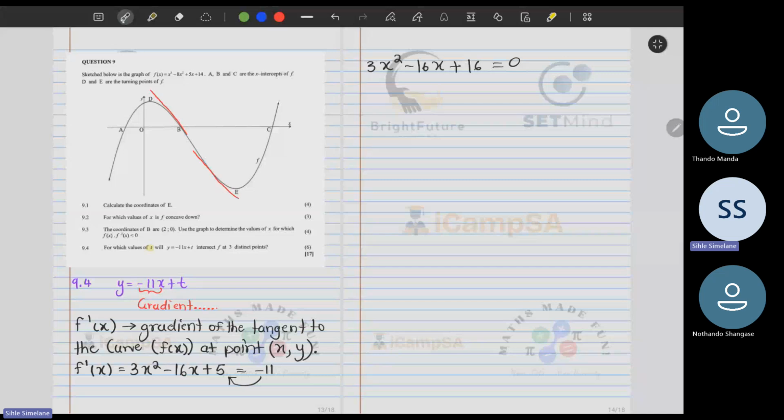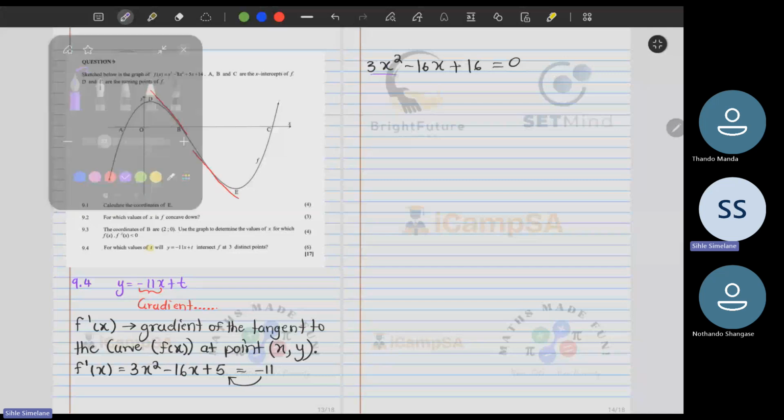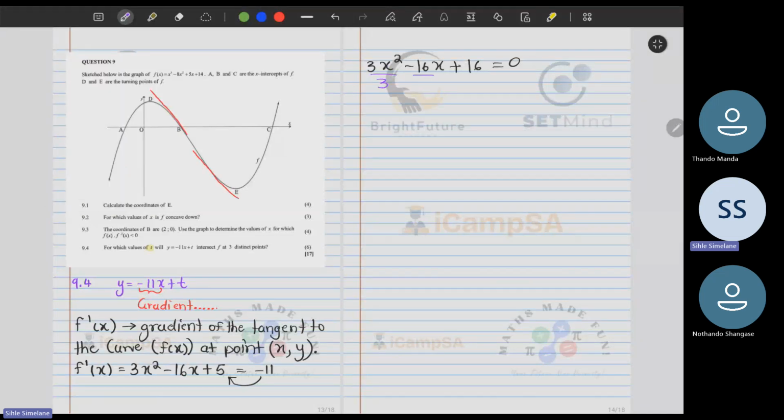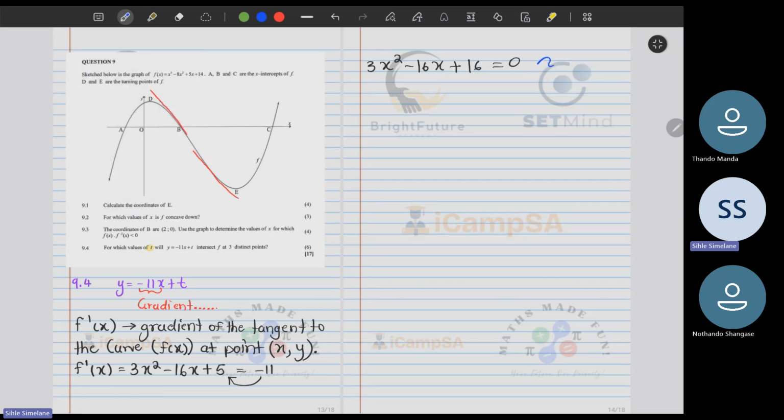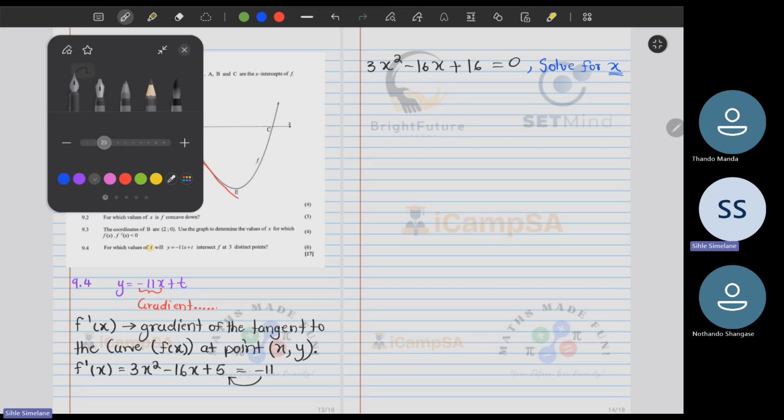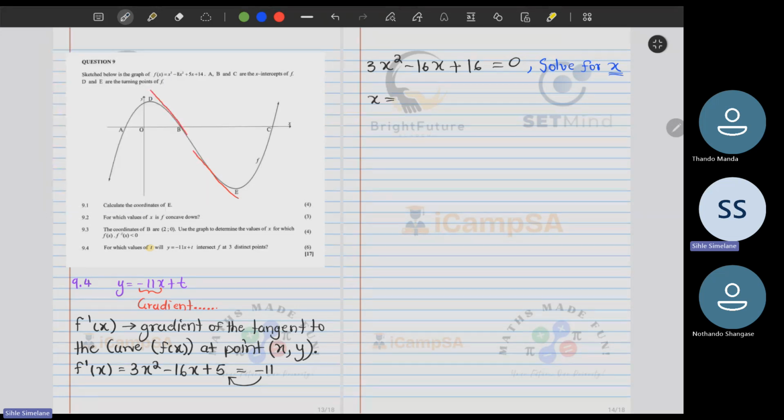The nice thing with this one is we can just divide by 3. It's going to make our life easy. Actually, it's not going to make it easy. What we are going to do is attempt to solve for x. I'll go the long way, which is using the quadratic equation. So our x is going to be negative negative 16, plus or minus the square root of